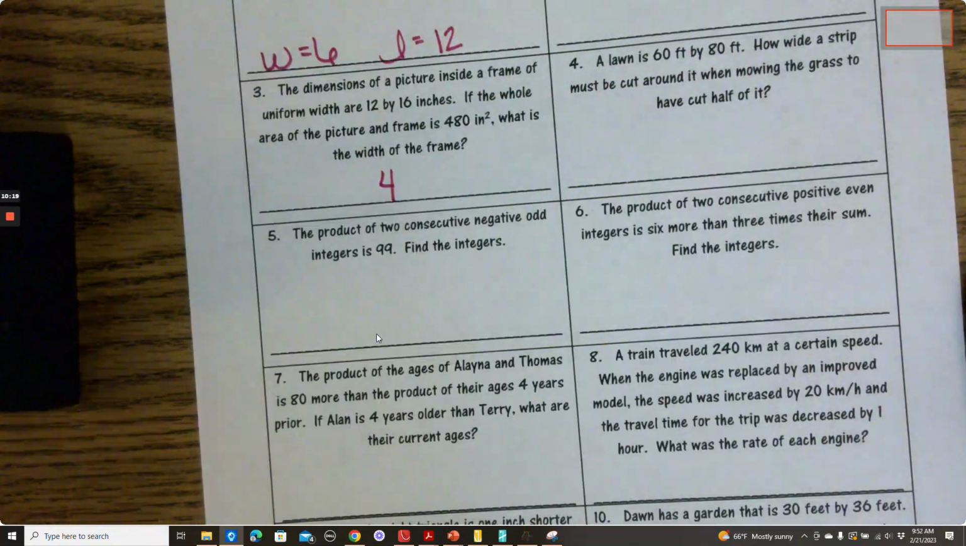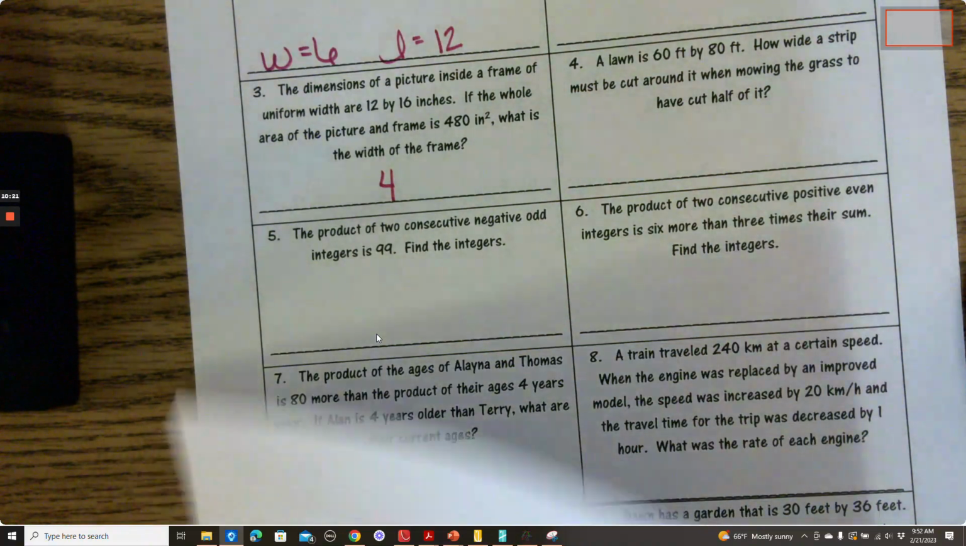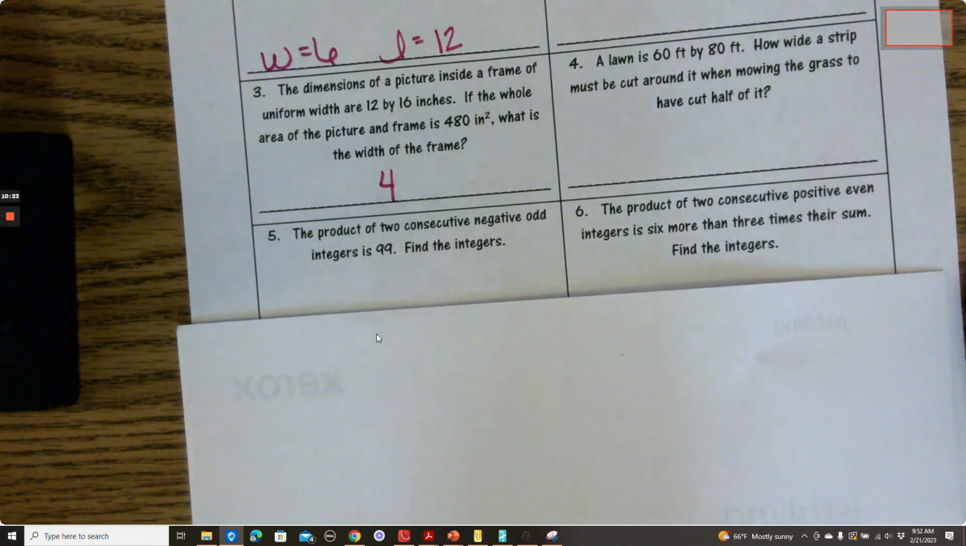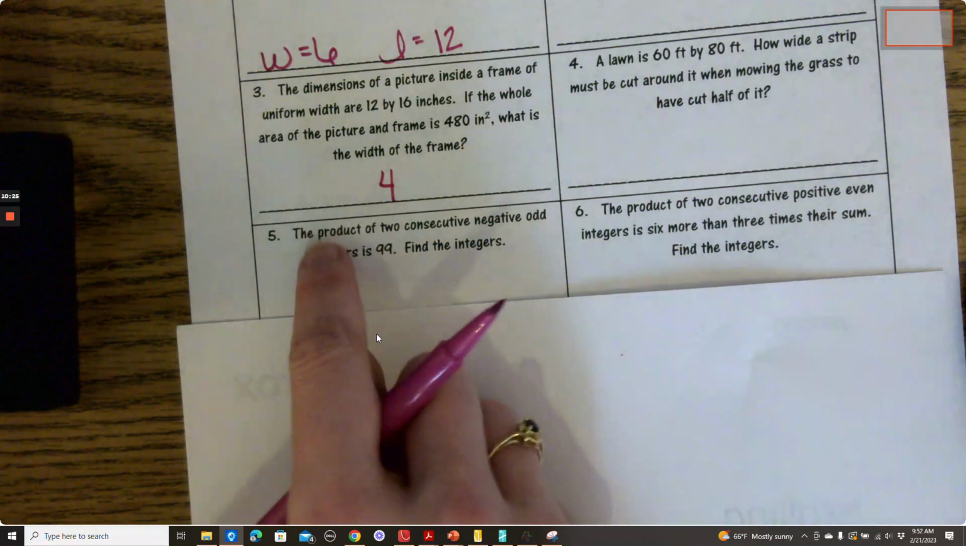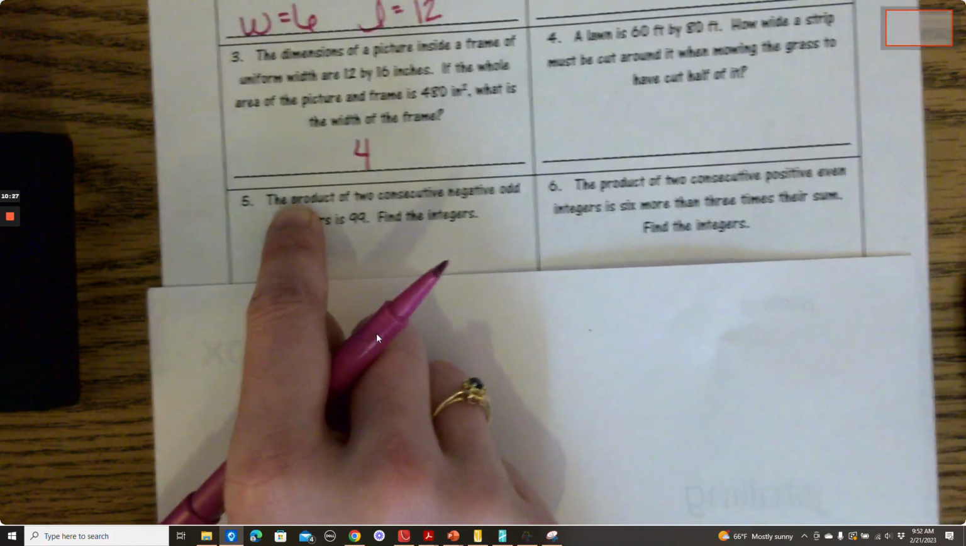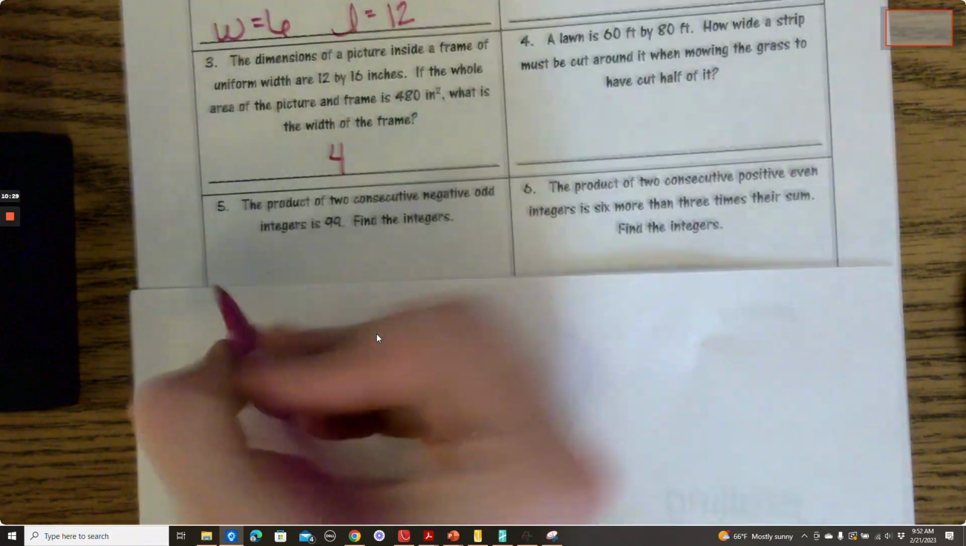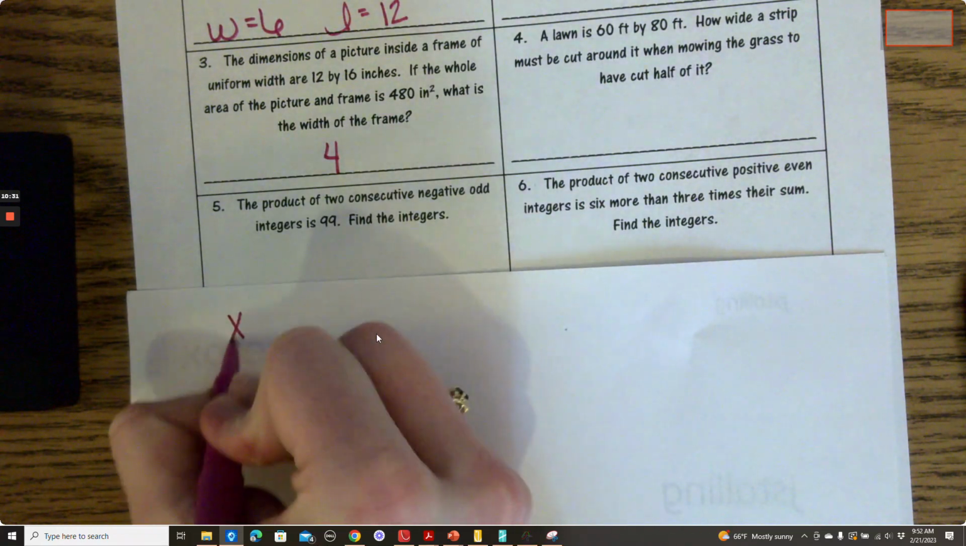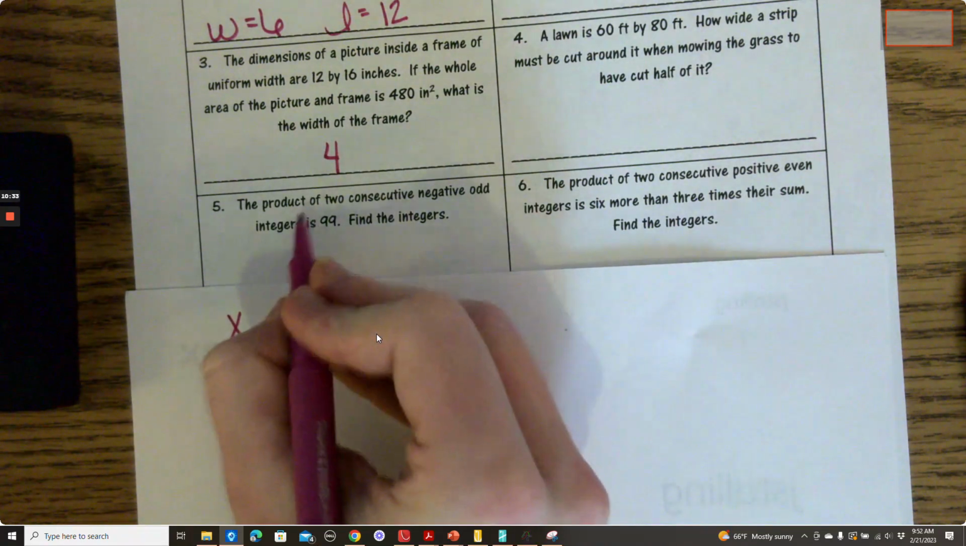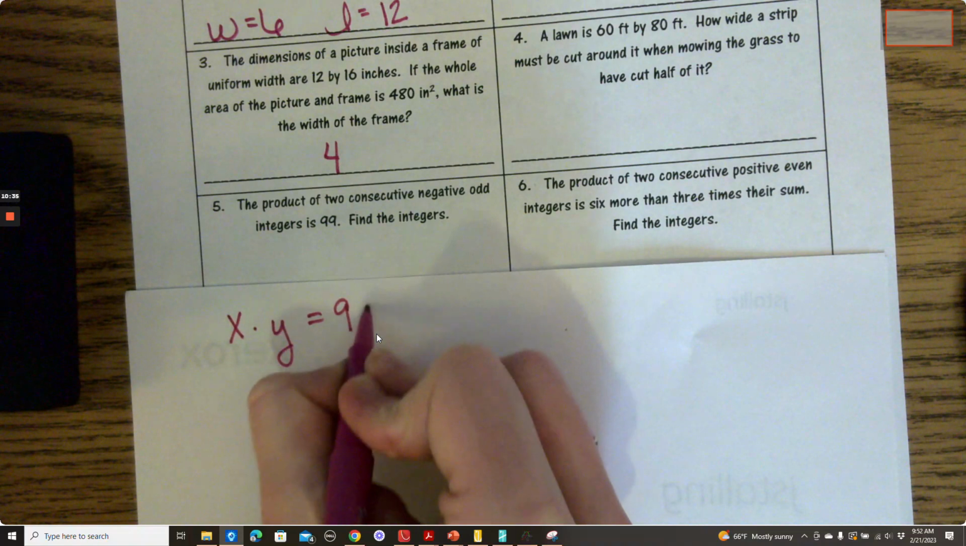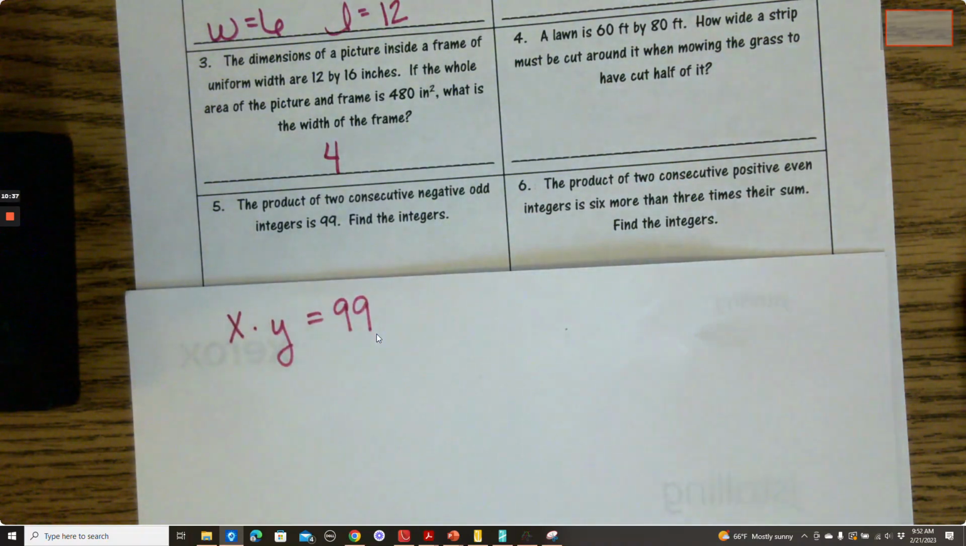All right. The product of two consecutive negative odd integers is 99. Find the integers. What does product mean? I'm multiplying them. So I'm going to pick x times y, and it says the product is 99. So I'm going to take two numbers, multiply them together, and they're going to equal 99. But it's even more specific than that. It says two consecutive